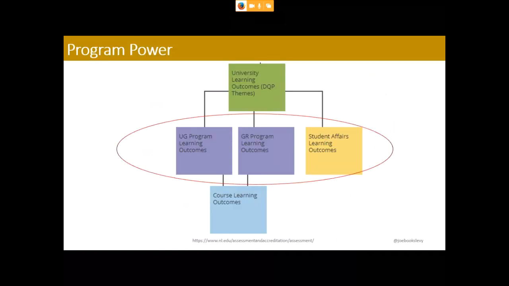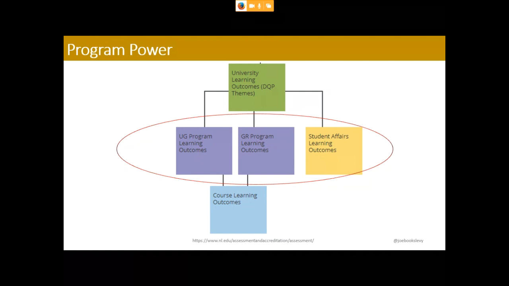All right, so I want to talk about program power. And again, I'm using our institutional information to help frame this. You all have your own structure and everything, but for illustration purposes and also language purposes, I'm referring to program from a level perspective of we have a university, we have course level, intervention level, and then we kind of have this middle layer, which I'm just generally calling program. So, it can apply to concentrations, it can apply to whatever you want it to, but below university level, above course level.